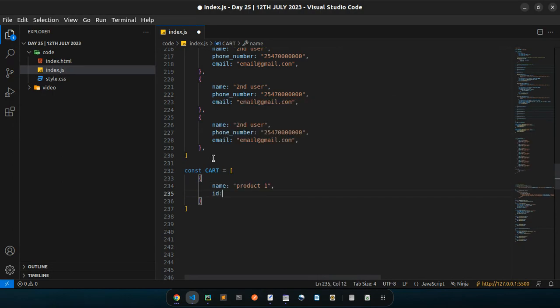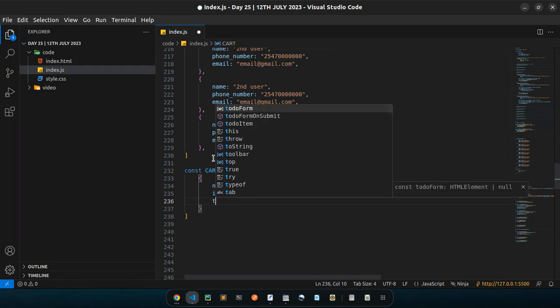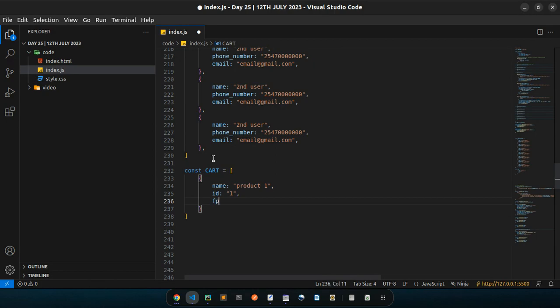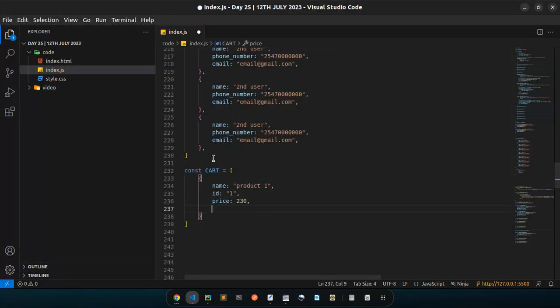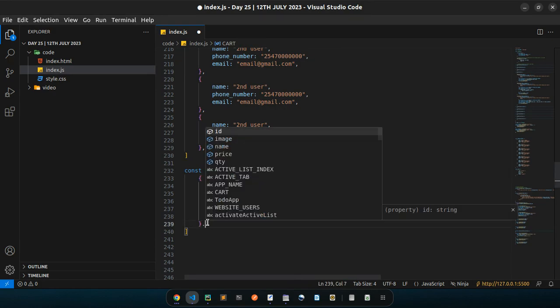You have the ID of that specific product, maybe 1, and you have maybe another thing like the price, maybe 230, and maybe you have something like the quantity of that product in the cart, maybe 5 of these product ones. And maybe one more thing is an image, maybe you have an image URL here. So when you have a cart, then it's good you use an array to keep track of your cart, and